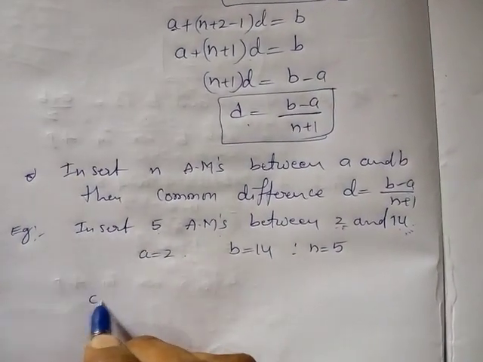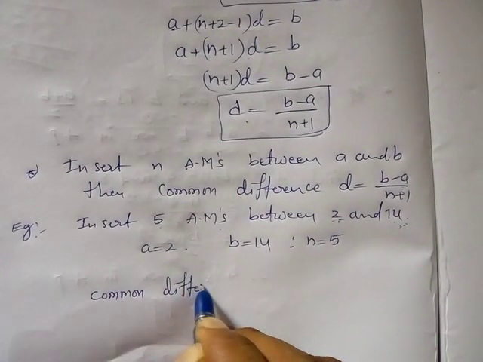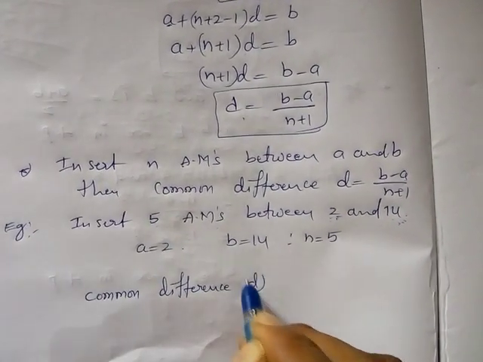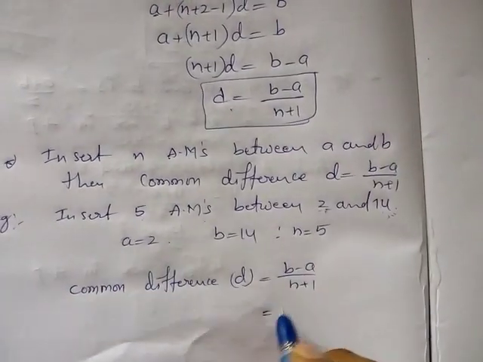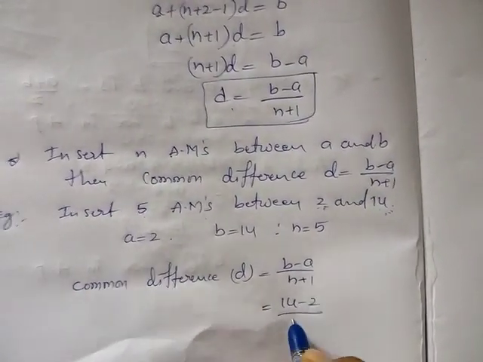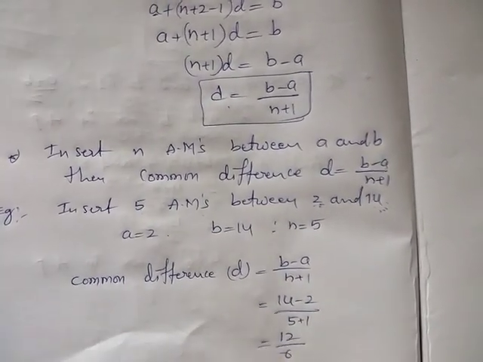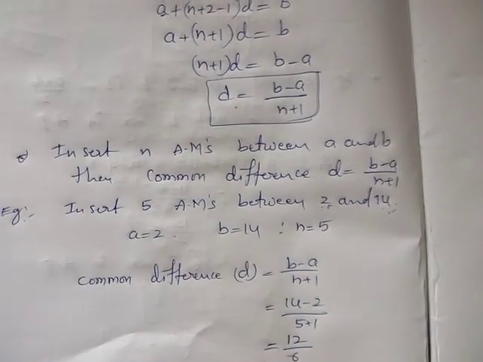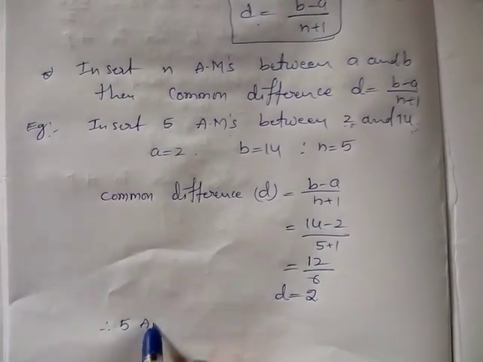So the common difference d is equal to (b minus a) by (n plus 1). So 14 minus 2 by 5 plus 1. So 12 by 6. 12 by 6 means how much? 2. So the common difference d is equal to 2. So therefore the 5 arithmetic means,